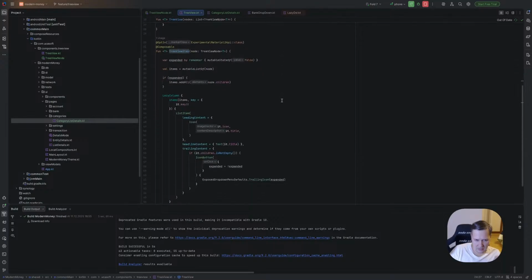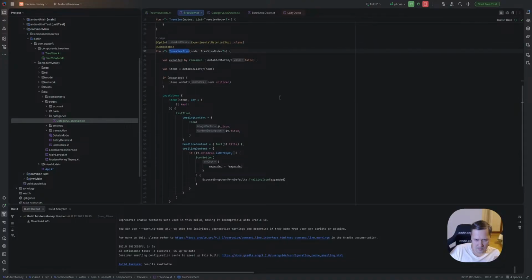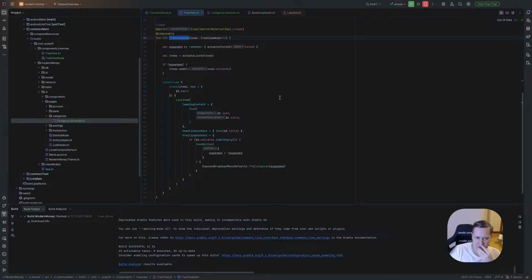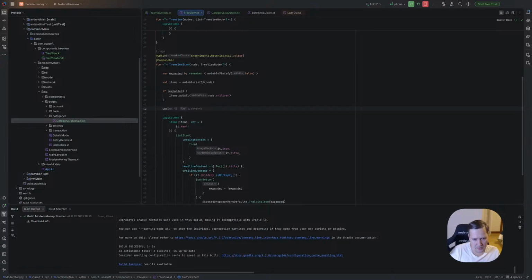But so we have one item, it's list items inside LazyColumn, but inside it, yeah, maybe let's do it this way. So we have the column itself.